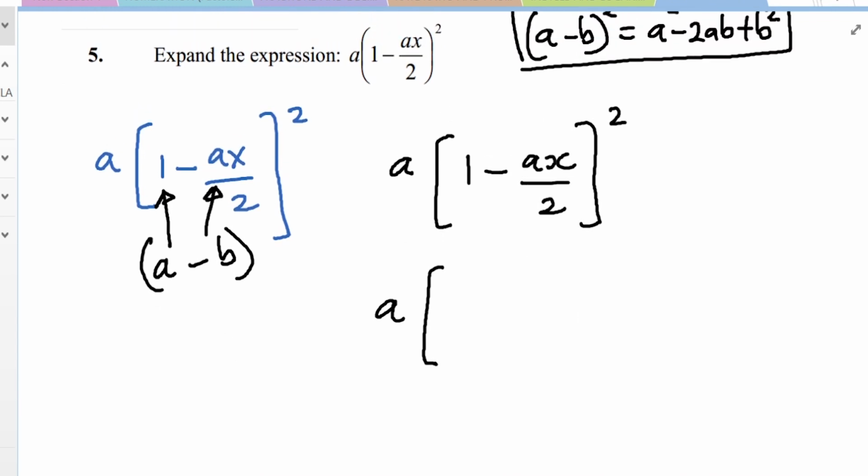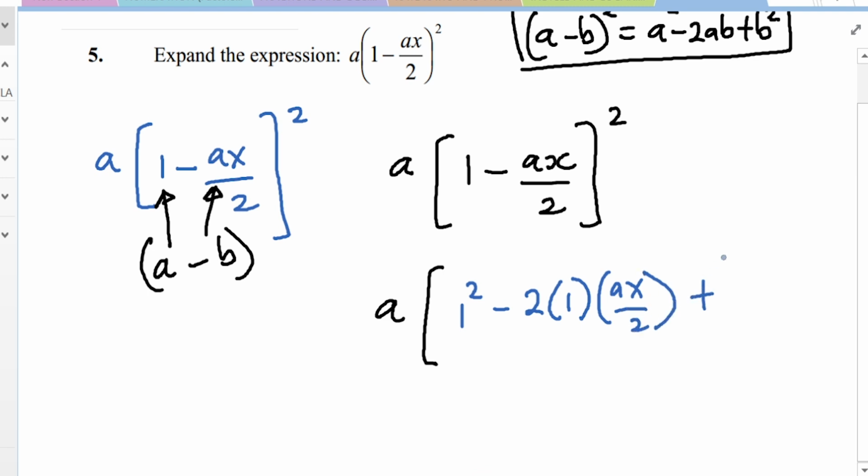So it's going to become 1 squared minus 2 times 1, which is a, times b, which is ax over 2, plus b squared, which in this case is ax over 2 squared,